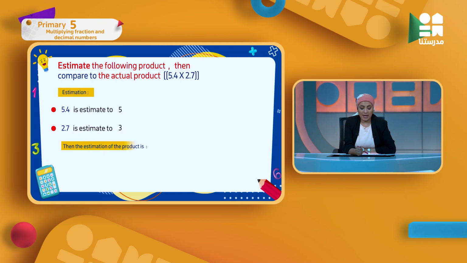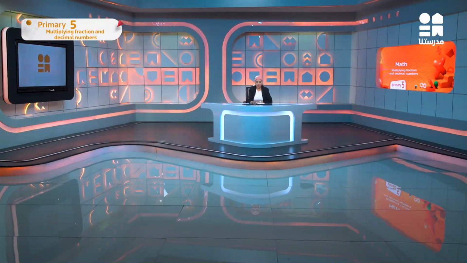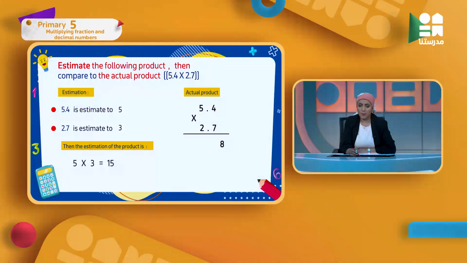Okay. Now, the estimation product is 5 times 3, which is 15. I want the actual one now, and I want to compare between them. The actual one, 5.4 times 2.7, move the decimal point, multiply them, 7 times 4, 28, 8 and I carry 2, 7 times 5 is 35, plus 2, 37. The other one, first I put the 0 under the 8, then 2 times 4 is 8, and 2 times 5 is 10, 2 decimal places, then the answer is